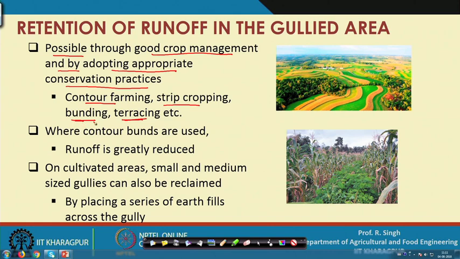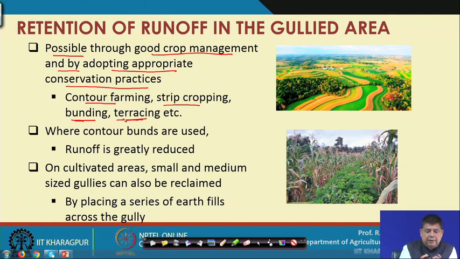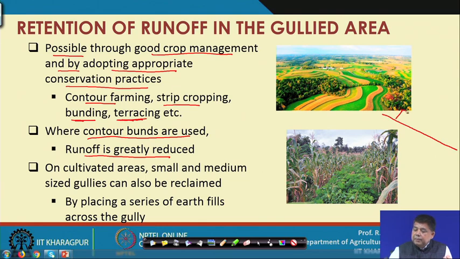Same is the concept in bunding, contour bunding especially, and the terracing, that is bench terracing or even the level type of terracing, which are focused more on moisture conservation. So, we know that where contour bunds are used, runoff is greatly reduced, because we have discussed in great detail that when we build contours,